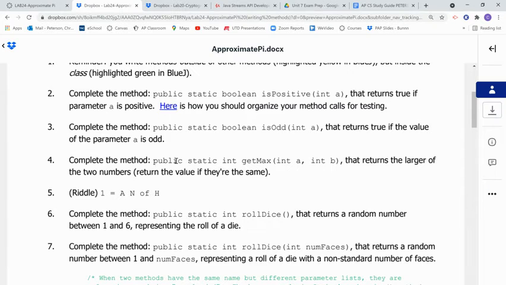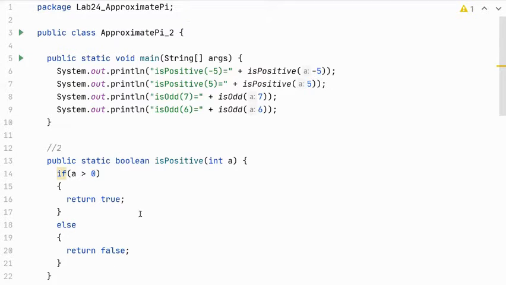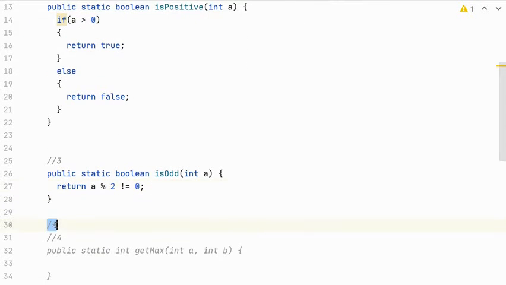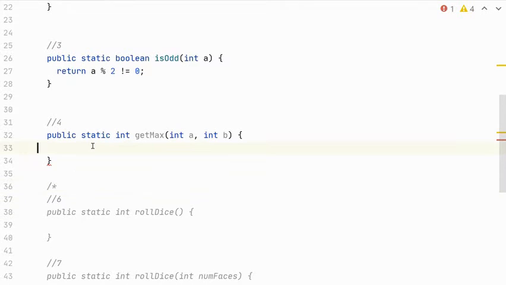Number 4, public static int getMax, int a and int b. This returns the larger of the two. It says it returns the value if they're the same. And if a and b are the same, it wouldn't really matter which one you returned, correct? Okay, so for number 4, again, I can write this as